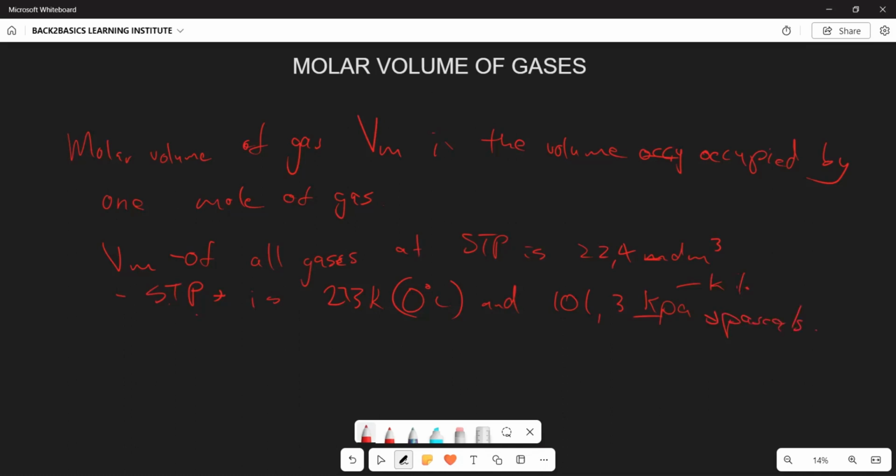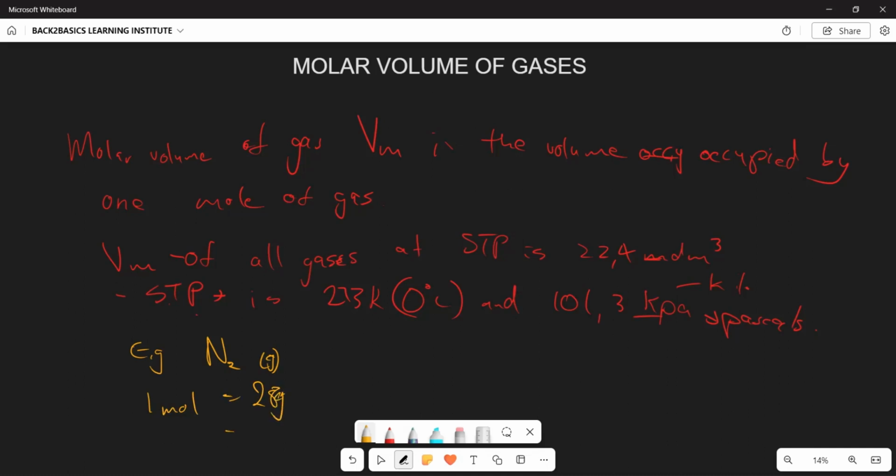I know you are wondering how we then calculate all of these things that we have shared. Before we go there, one thing that you need to know is that, remember we said the volume of all gases at STP is going to be 22,4 decimeter cubed. For example, if you are given a gas, and you have 1 mole, which is represented by 28 grams,